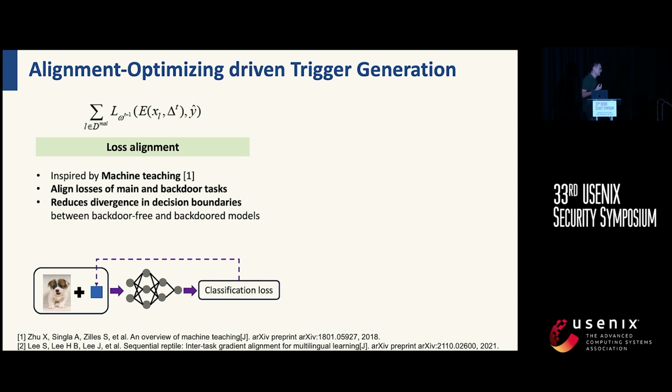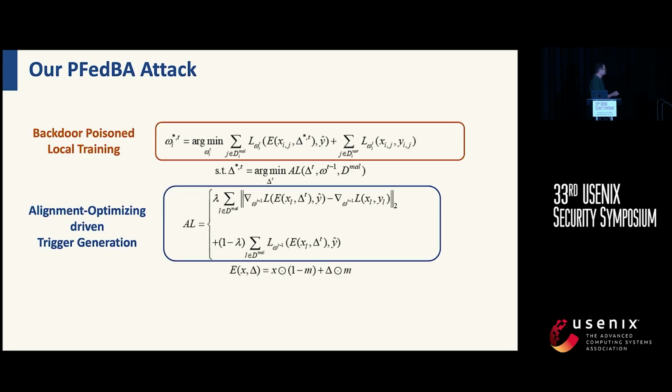As we mentioned, as the benign client does local fine-tuning, which will lead to the forgetting of the backdoor injected by the malicious client. So what we need to do here as an attacker is to imitate what the benign clients will do, such that the effect of these benign clients will cause minimum influence on the injected backdoor. Okay, how do I do the imitation? Two steps. One, which corresponds to the second term of the optimization problem.